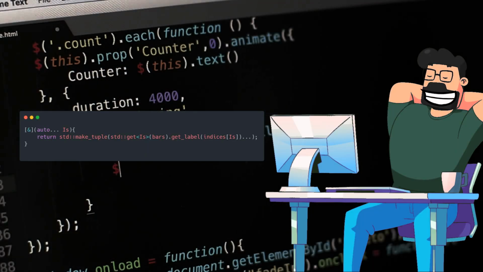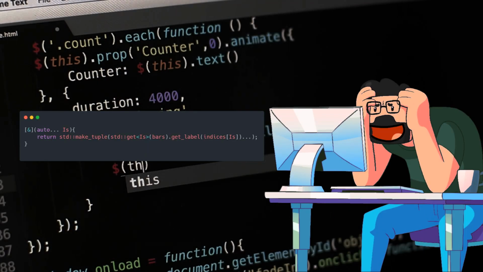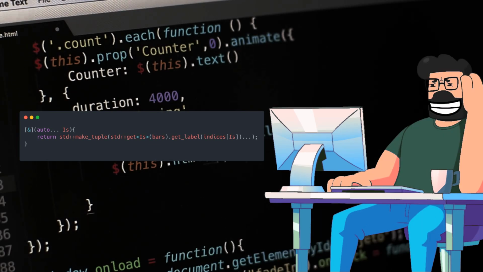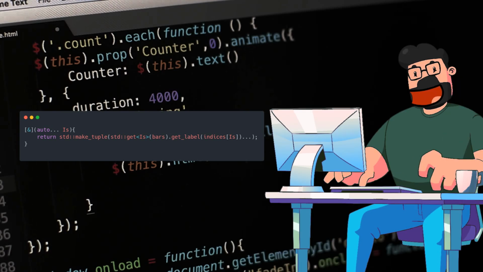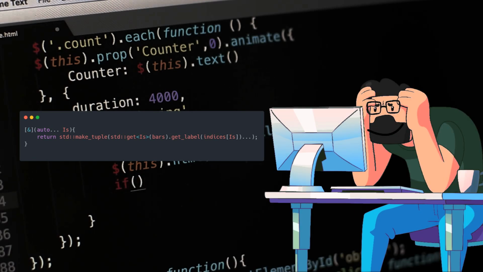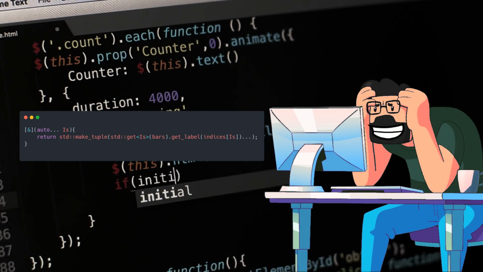Building upon the previous section, the solution advances with a lambda function that takes in a parameter pack, allowing for the creation of the tuple from the bar labels based on the provided indices. This concise and effective lambda, combined with the index sequence, streamlines the process of generating the tuple with the required